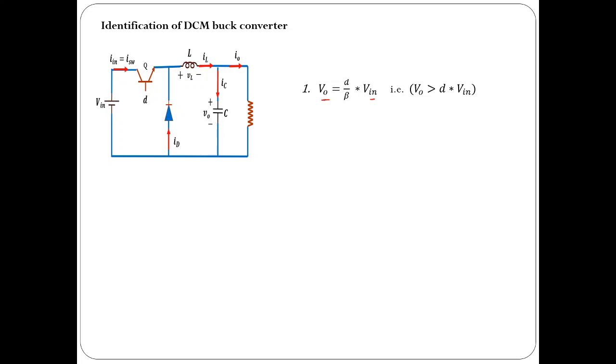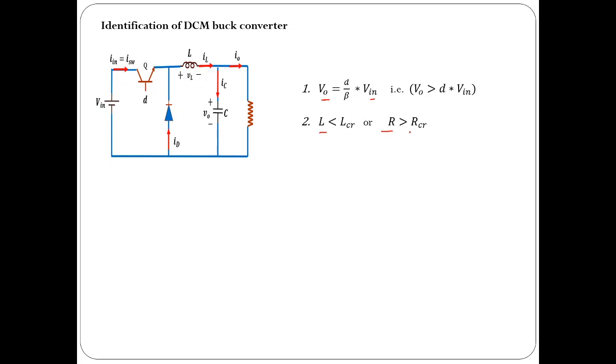For example, if Vin and V0 are not given, but the other values are given, like the L value and the R value, and we know how to find out LCR and RCR if sufficient data is given. So you can find out whether L is less than LCR or R is greater than RCR. If L is less than LCR, then that corresponds to discontinuous mode. Similarly, if R is greater than RCR, then this also corresponds to discontinuous mode of operation.